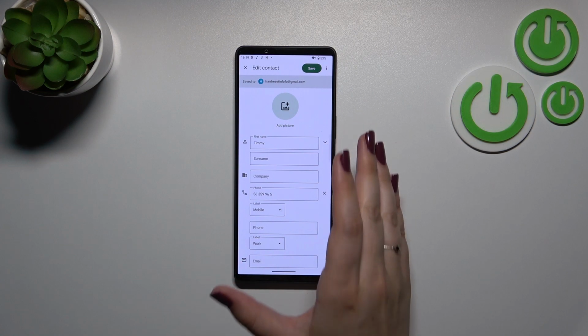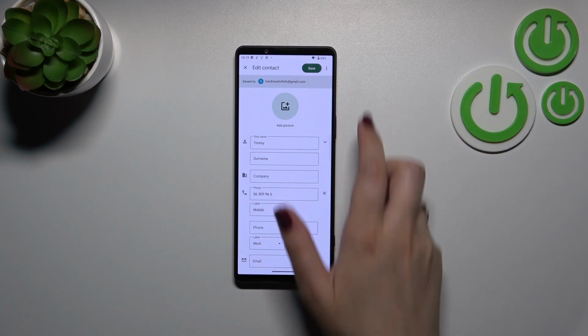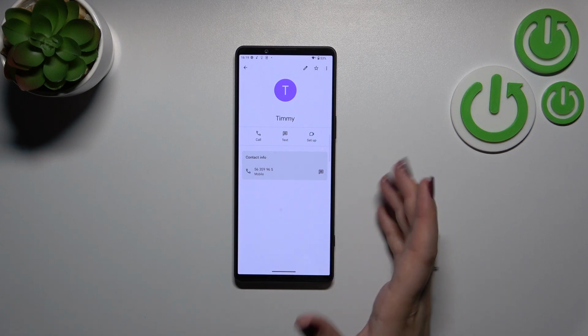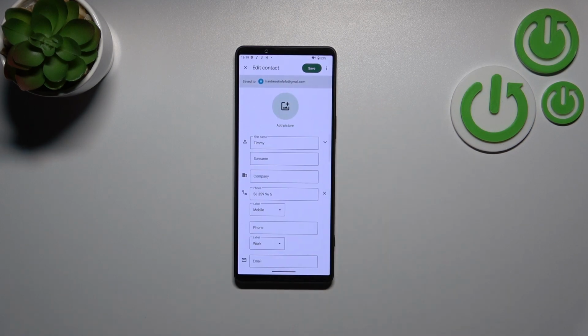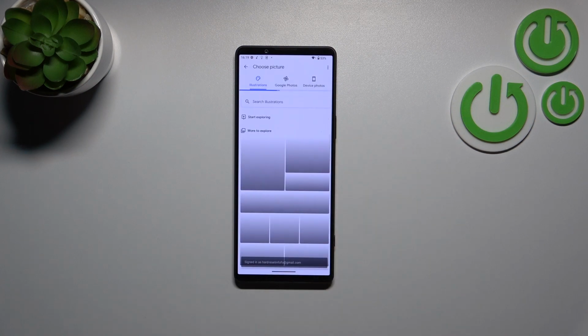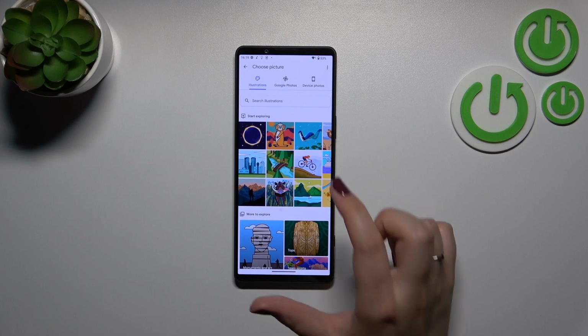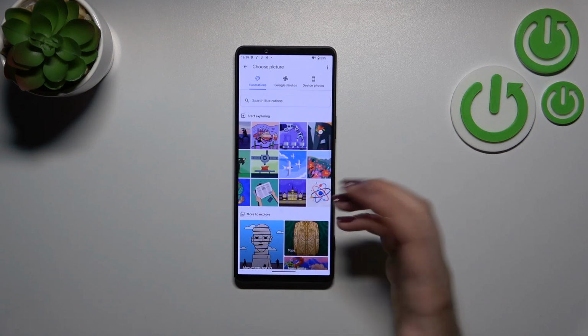Basically, this is what you will see after entering the contact, and I forgot to tell you. So simply tap on the contact and tap on this edit icon in the right upper corner. Now let's tap on add picture, and here we will be transferred to either the illustrations, which you can simply